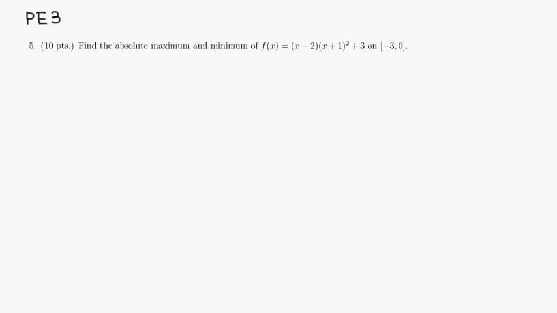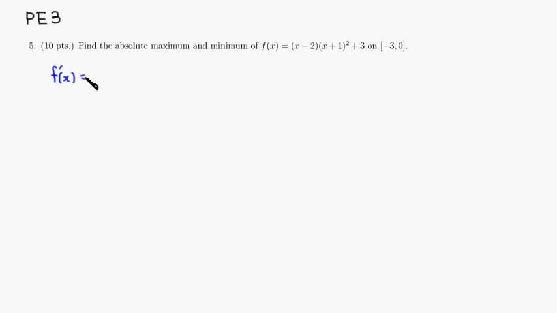Okay, let's look at practice exam 3, problem number 5. We want to find the absolute max and the absolute min of this given function. The first thing we do is take the derivative to find the critical numbers. So the derivative, f prime of x